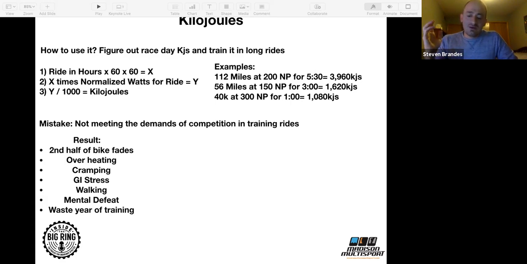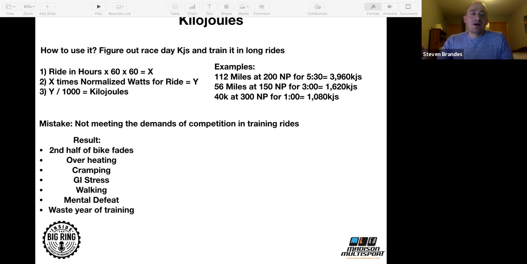And you have, well, it's more than that, but either way, you have the stick to go back. And all of a sudden, like, oh, my hamstring feels a little tweaky. My calves feel a little tweaky. It's because you probably haven't ridden the duration or the kilojoules or the energy. You haven't even exceeded that part.